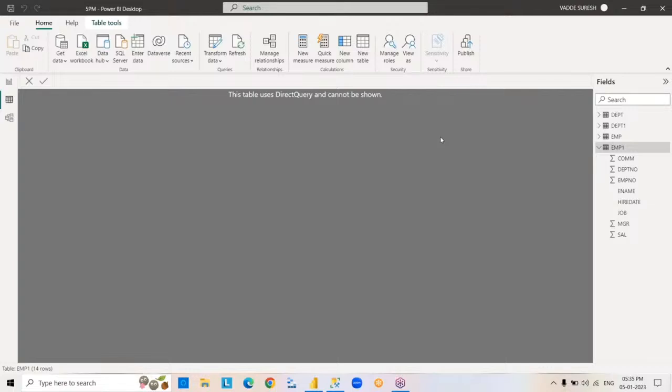You can see directly. In the same way, what is the use of direct query then? In direct query, data will be there in the source only, only the structure is copied, right? Why we are using direct query means